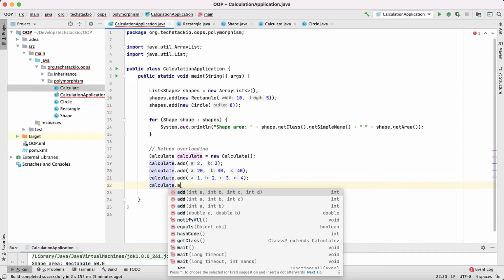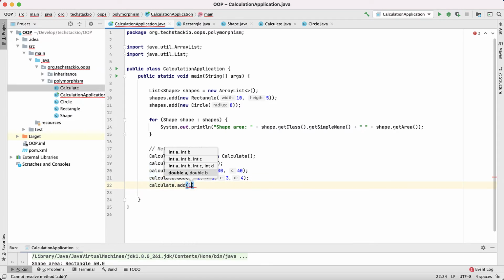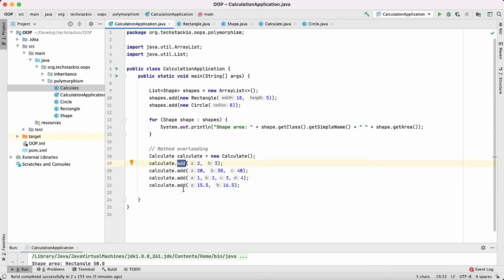We should also be able to call the method with different parameter types, like 15.5 and 16.5. So as you can see here, method overloading means the methods have the same name but can have different parameters in the same class.